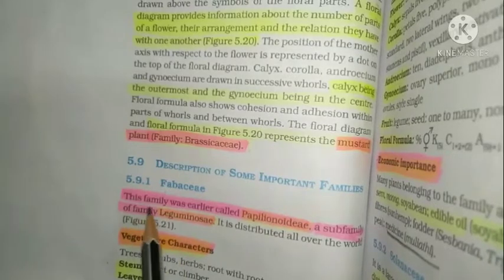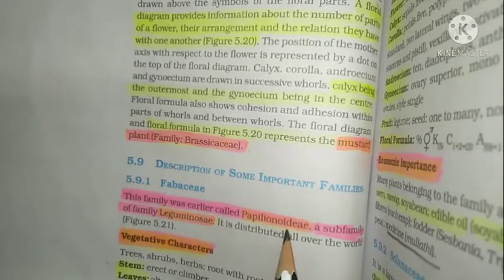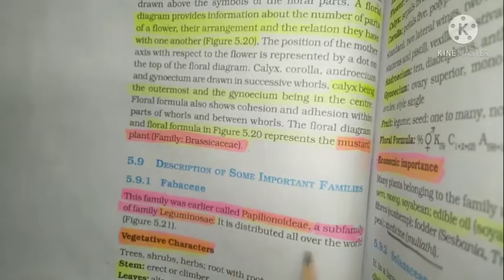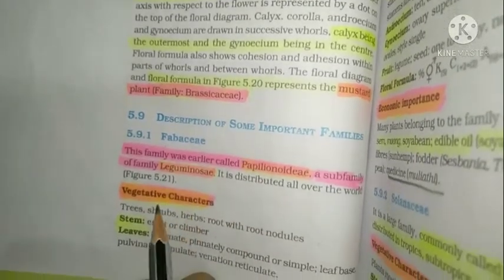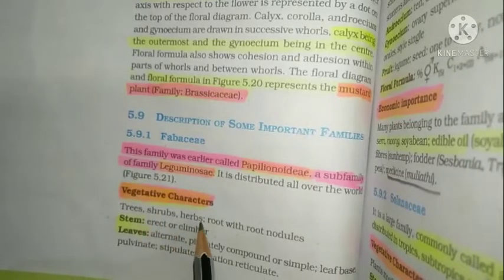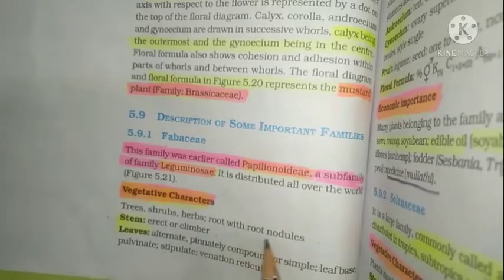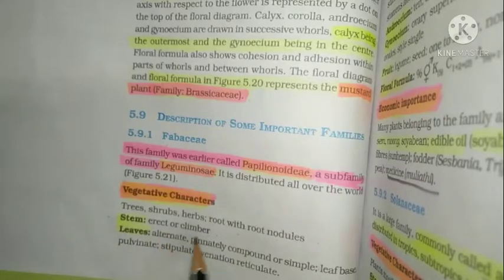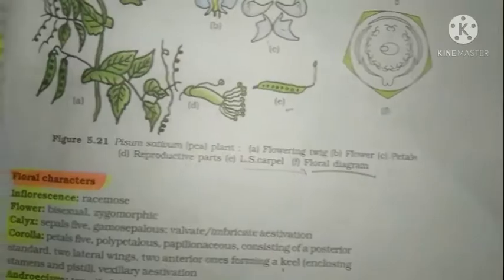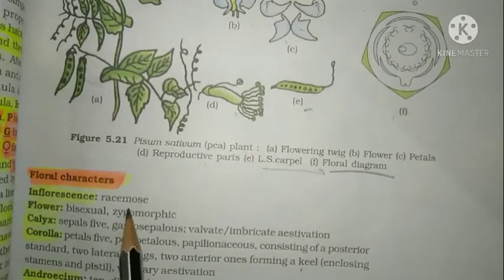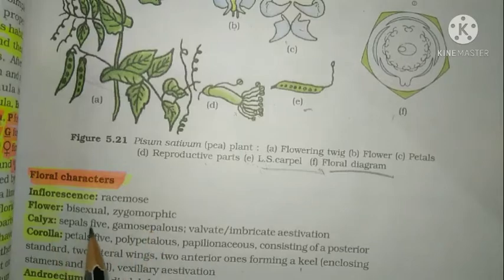Fabaceae. The family was earlier called Papilionoideae, a subfamily of Leguminosae. It is distributed all over the world, as in Figure 5.21. Vegetative characteristics: trees, shrubs, herbs, roots with root nodules. Stem erect or climber. Leaves alternate, pinnately compound or simple, leaf base pulvinate, stipulate, venation reticulate. Then the floral characteristics: inflorescence racemose, flowers bisexual, zygomorphic, calyx sepals 5,